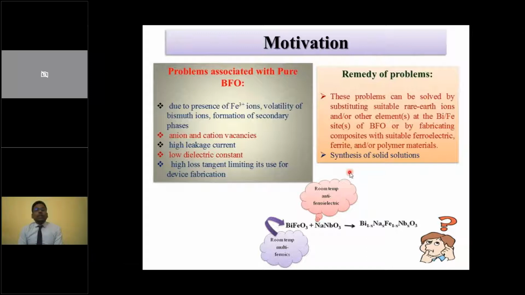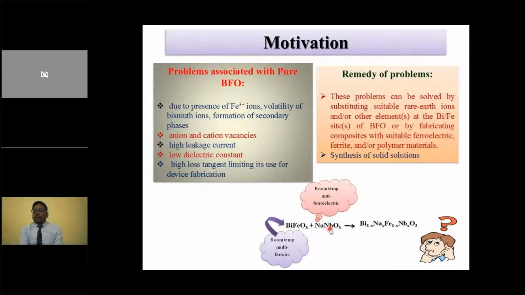One can substitute the material, that is, the A side as well as the B side, with suitable substitutable material to fabricate the composite and enhance the ferroelectric as well as ferromagnetic properties also. And the synthesis can use a solid solution with other types of perovskite structures as well as other materials. Here in this section we will discuss bismuth ferrite mixed to make a solid solution